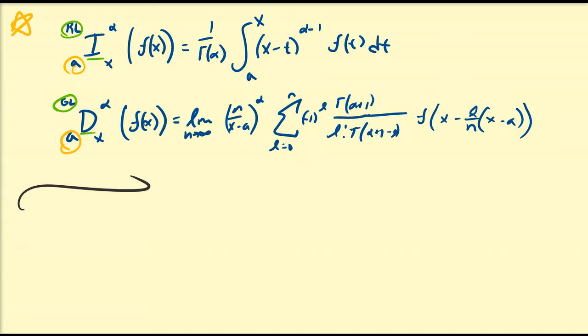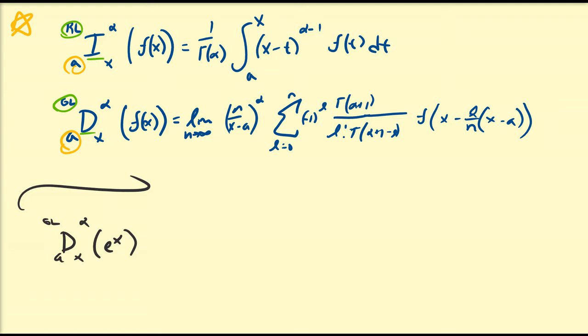So I believe talking about exponential functions is of great importance, because we know that the function e to the x is an eigenfunction for the classical differential operator. So if it's an eigenfunction for the differential operator of integer orders, then possibly it should have some special properties in regards to fractional order derivatives and integrals, right? So we're going to consider the Grunwald-Letnikov derivative of order alpha with base point a of x of the function